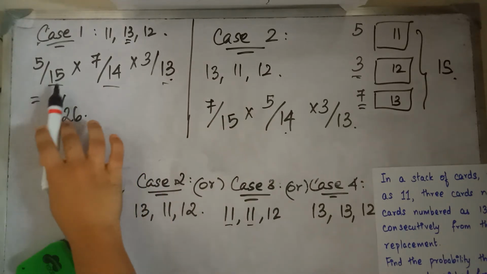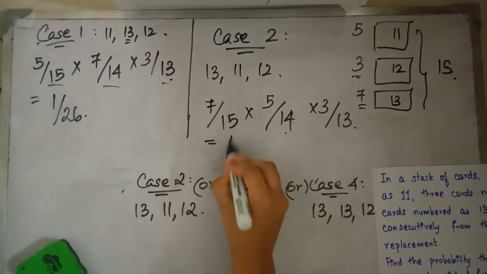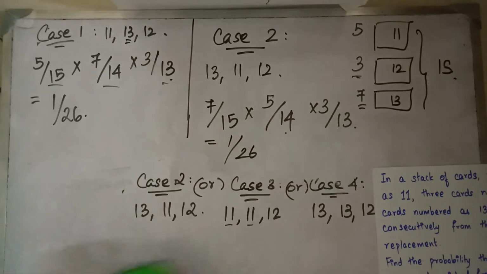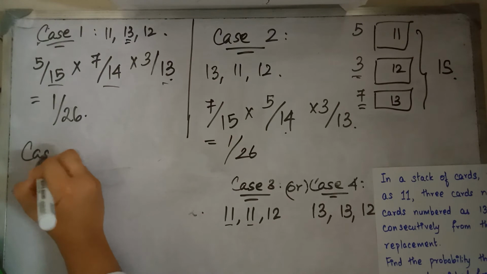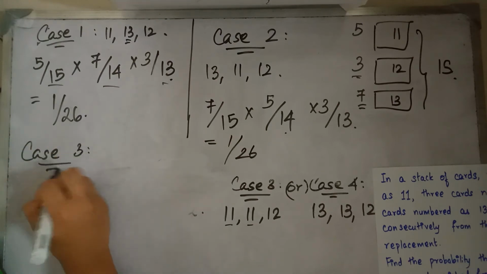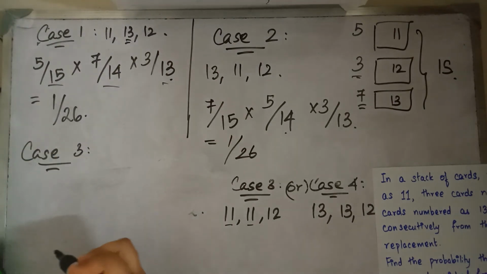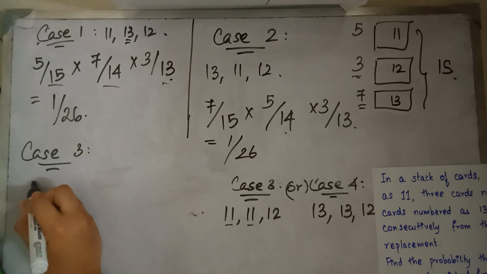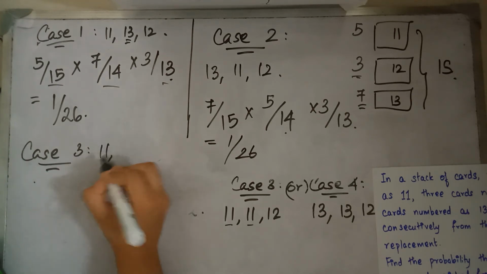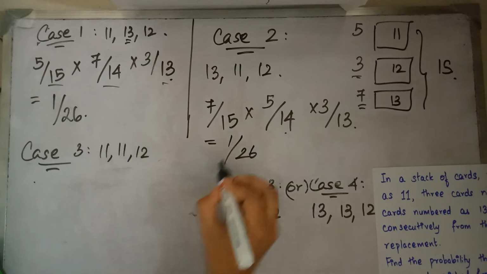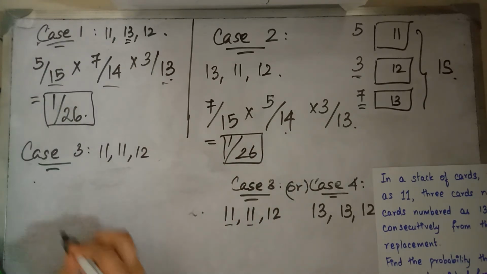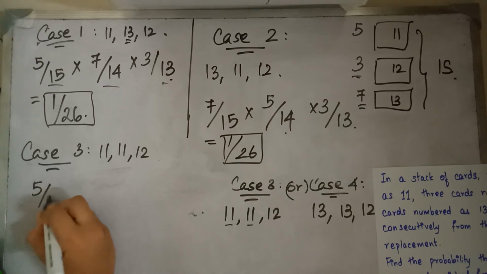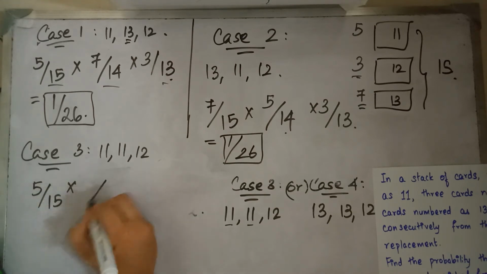If you notice, it will be the same 1 by 26. Let's look at case 3. Case 3 will give me 11, 11, 12, right? Probability of me getting 11 would be 5 by 15. 11 again would be